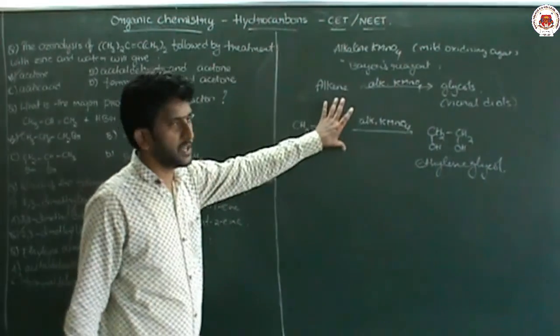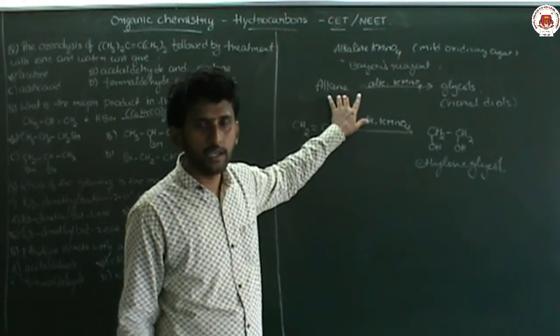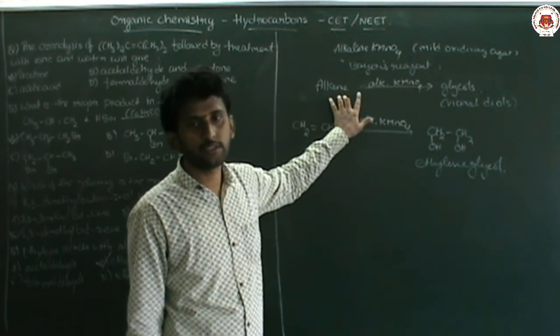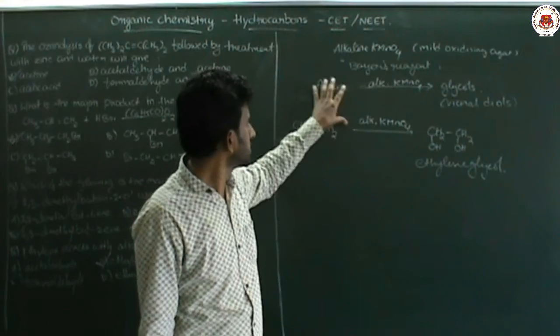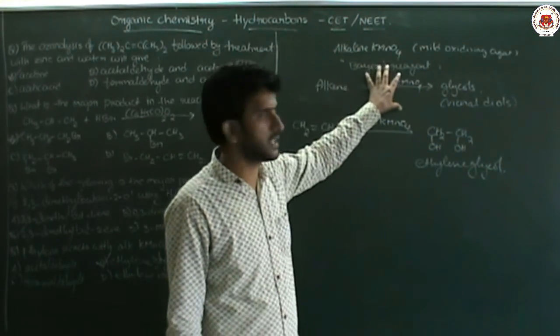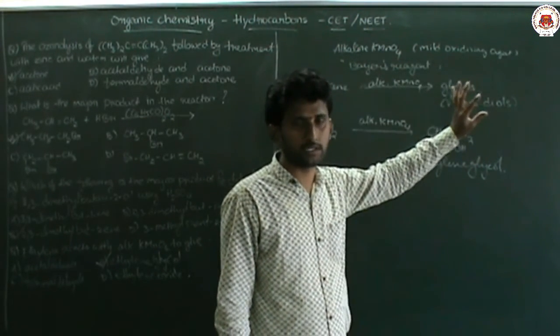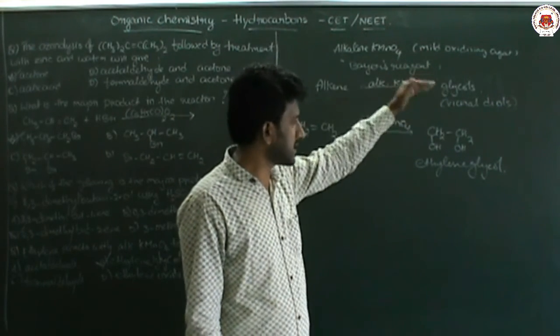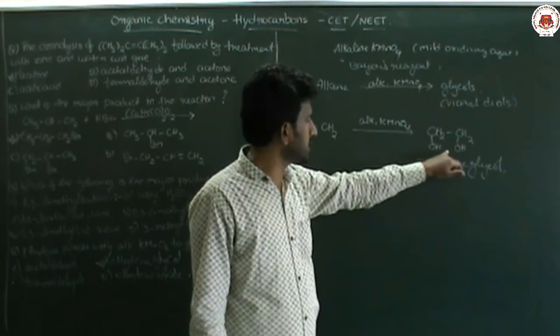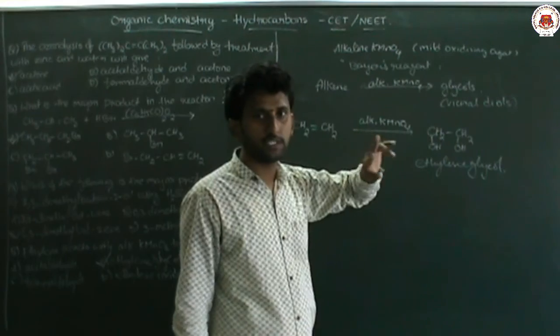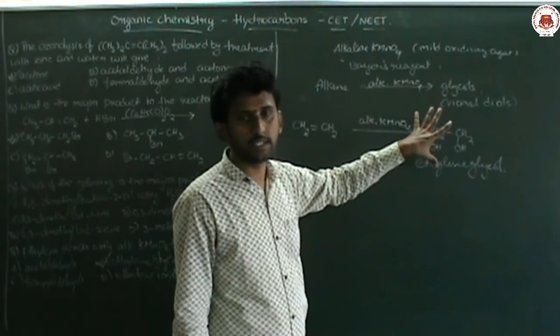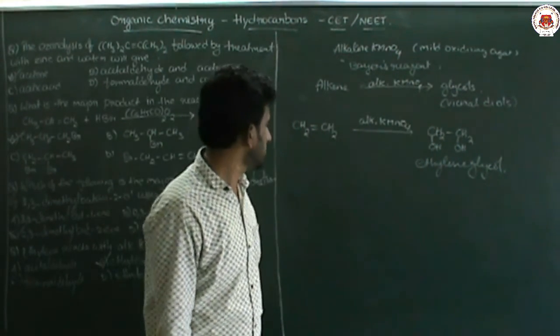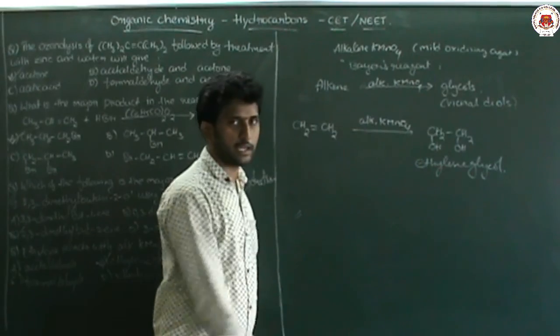Basically, this Baeyer's reagent is used for detection of unsaturated compounds. So alkenes, when they react with Baeyer's reagent, form glycols. What are glycols? Glycols are vicinal diols. Vicinal diols means two OH groups are present adjacent to each other. Okay, so with this we will complete the class. Tomorrow we will